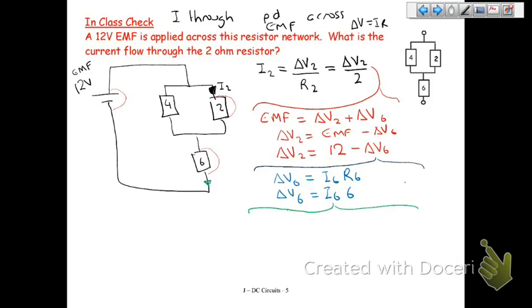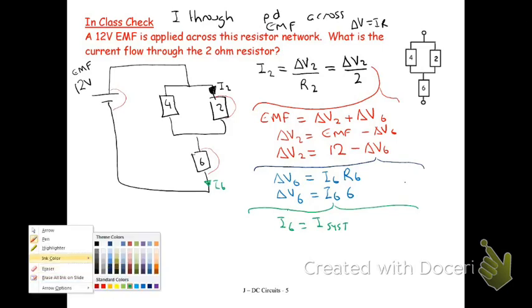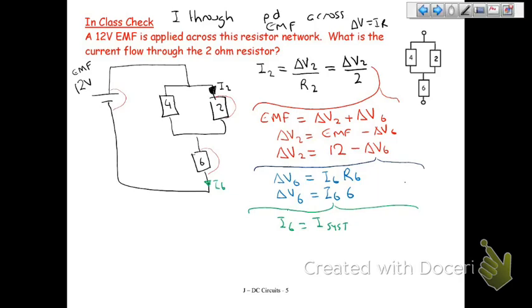My current flow across the 6, I6, is the same as the current flow through the 12, so it equals the current flow in my system. I don't know the current flow through my system, and I'm running out of colors. My current flow through the system is equal to my potential difference of the system over my resistance of the system,